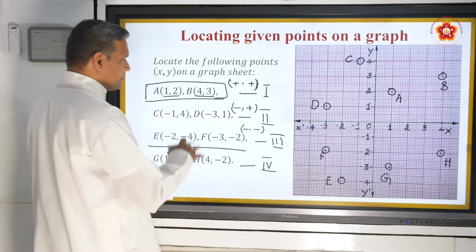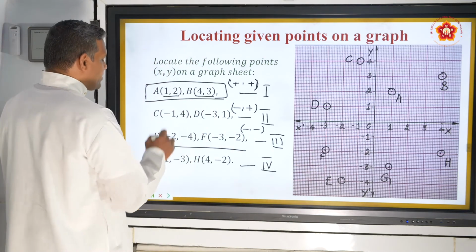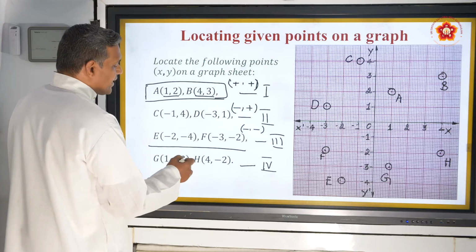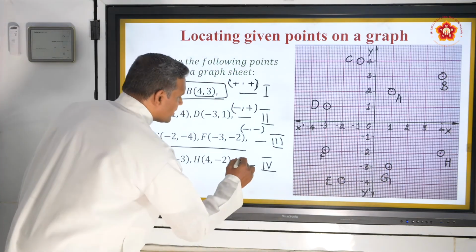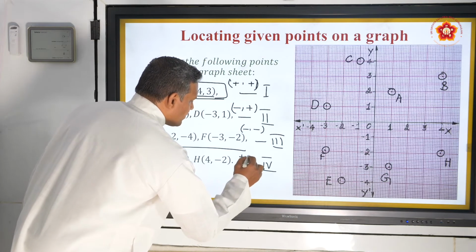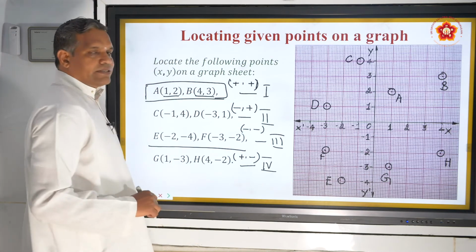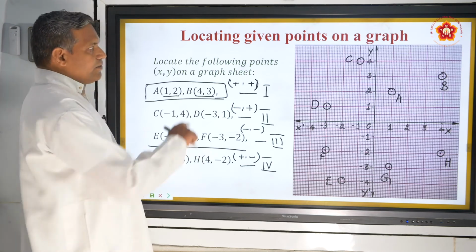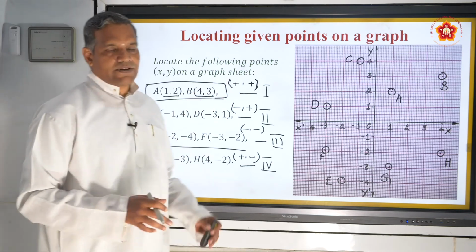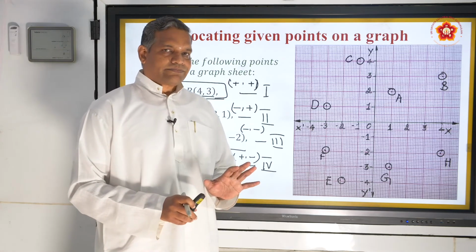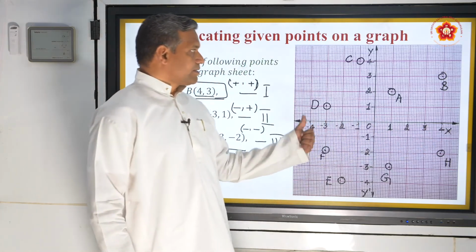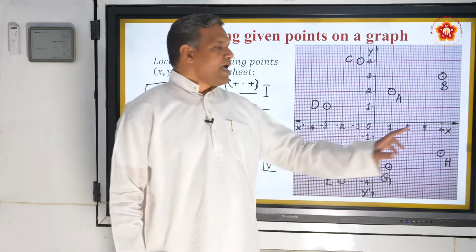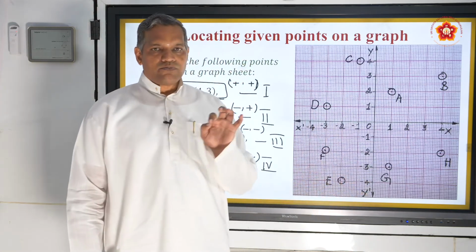Fourth quadrant is the reverse of the second quadrant. The first number is always positive, the second number is negative. Where will they fall? They'll fall in the fourth quadrant. This pattern is: first one is positive, second one is negative. That's how you get it. Clear? So these are the very, very basics. I revise very quickly. Remember, when you are drawing a graph, putting a point, capital X dash and capital Y dash are a must. Arrow marks in all four directions are also a must.